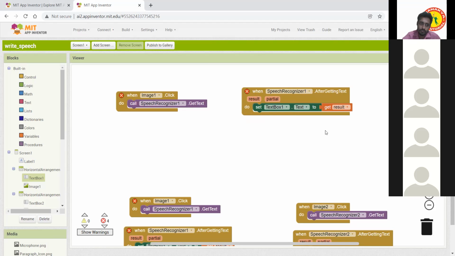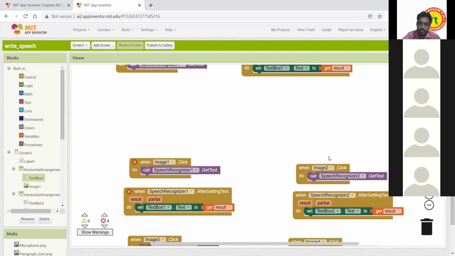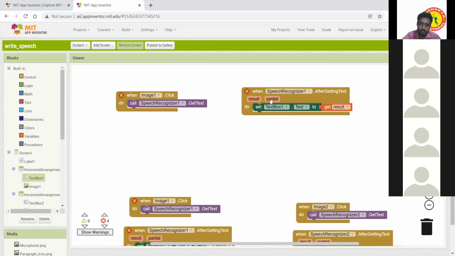So we have to do the program for the other speech recognizers. Speak recognition 1, 2, 3, 4, you need to program the same. Listen, for image 1, I'm just turning on speak recognition 1.